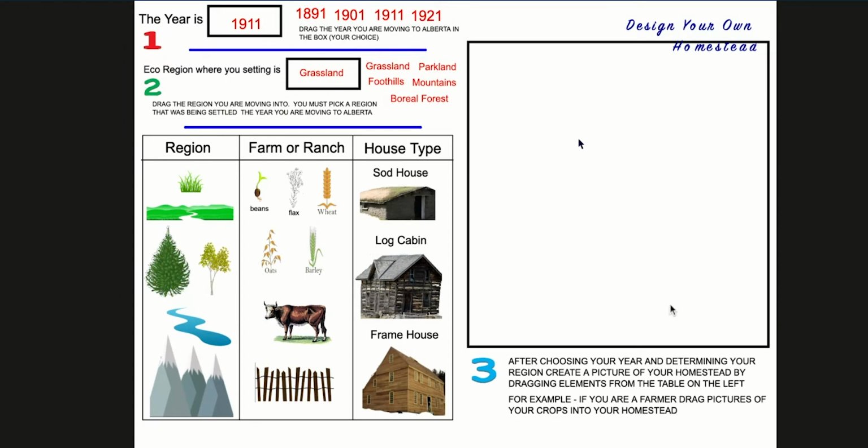And now it's time for me to build my homestead over here in this box. I first look at the column called region, and I need to find pictures that would represent the region that I'm moving into. So I've got grasslands, so I'm going to grab some grass, and I can grab as many grass as I want to make this picture of my homestead. I know in the grasslands there might be some streams, so I'm going to put a stream that's coming through